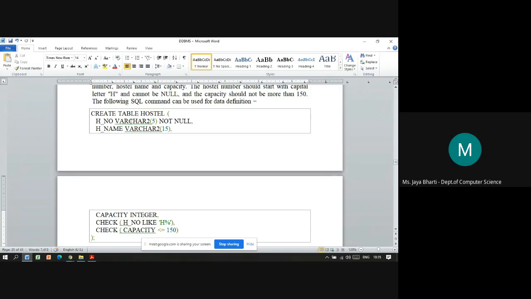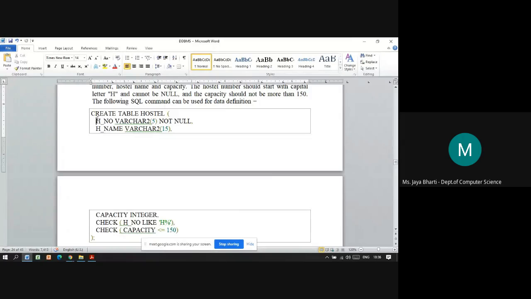So how do we define the constraint? I came to know that here we have a mixed group of students. Some of the students are coming directly from maths or physics subjects, so they are not aware of these basic SQL statements.